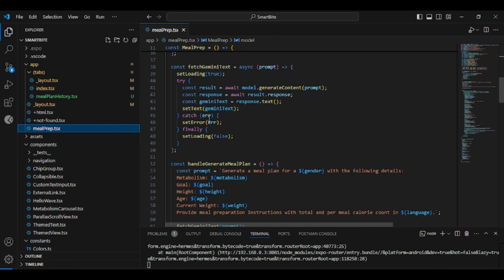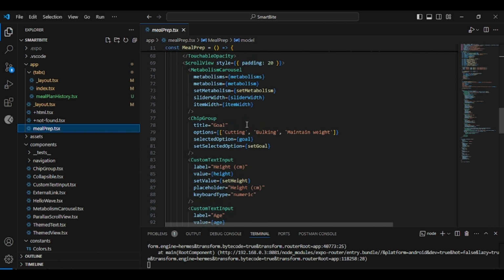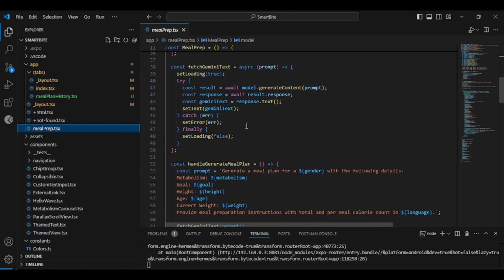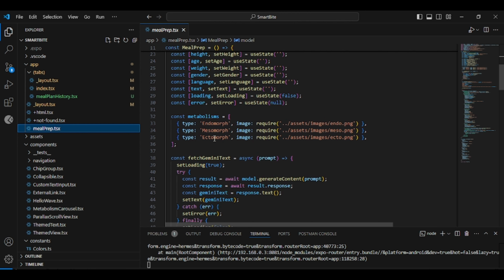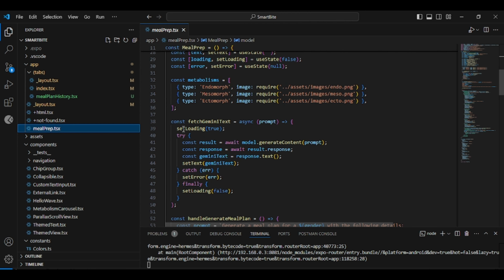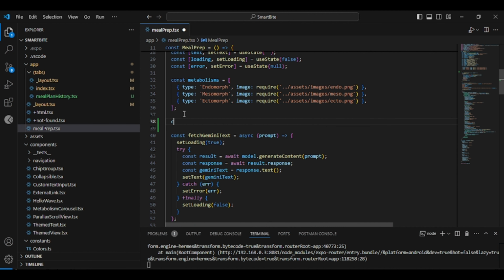And if you go back to our meal prep, we need to do some stuff here. And the first thing we need to do is we need to firstly save the meal plan. So how can we do it? We have to save it in the device storage. So the first thing, let's create a function that allows us to save this meal plan. So let's call this save meal plan. It will be async,